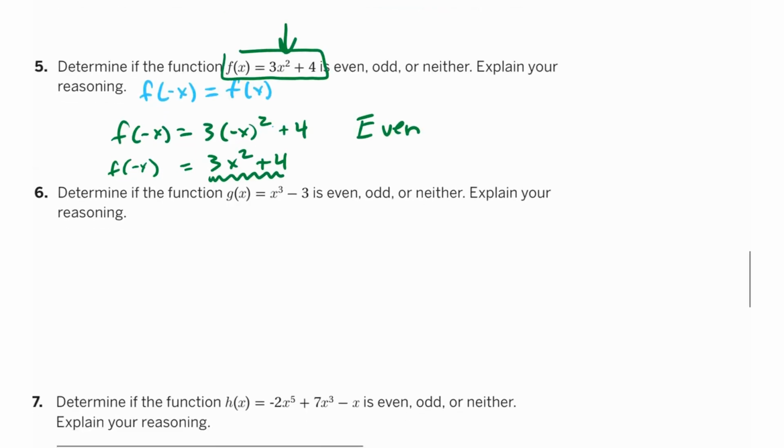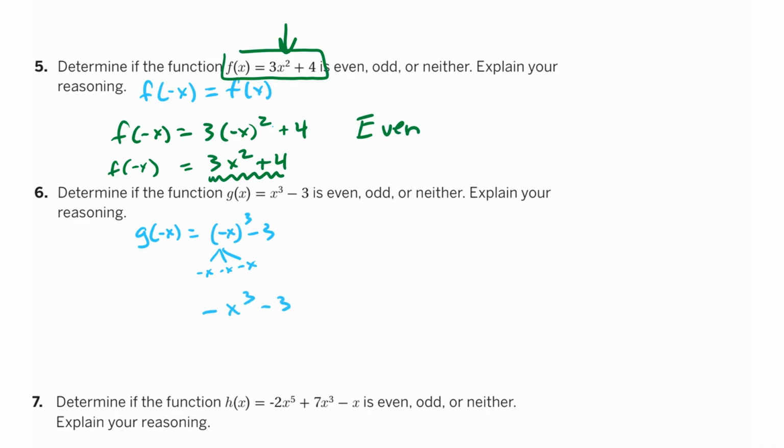For number 6, I'm going to do the same thing. I'm going to check for even first, and then I will move on. If it's not even, then I can check for odd. So the first thing I'm going to do here is plug in -x for anywhere that I see an x. When I do -x times -x times -x, I end up getting -x cubed